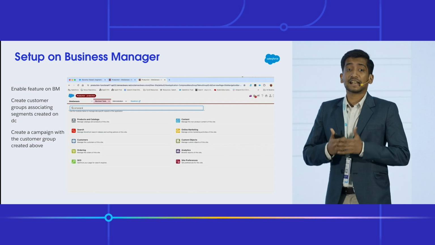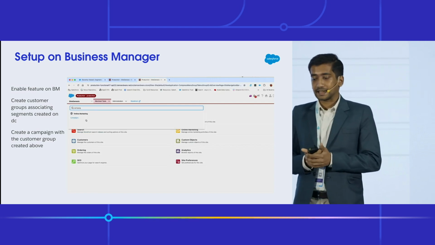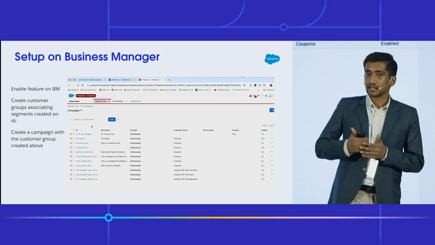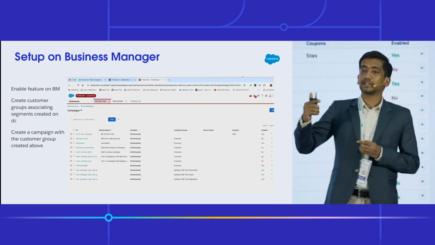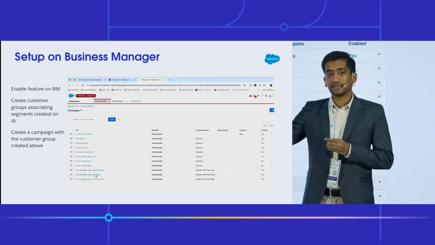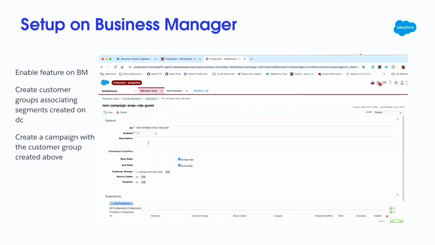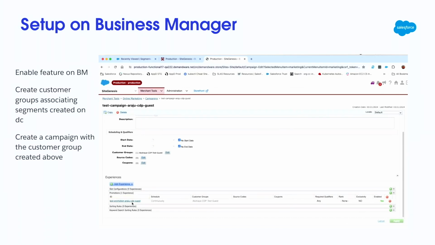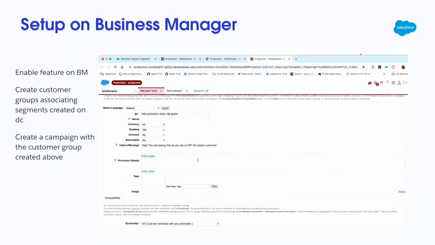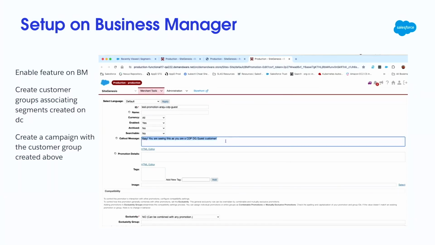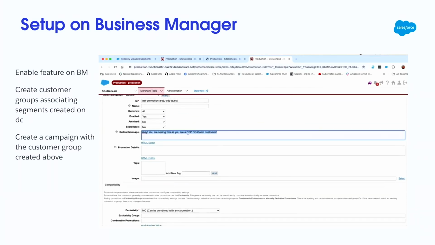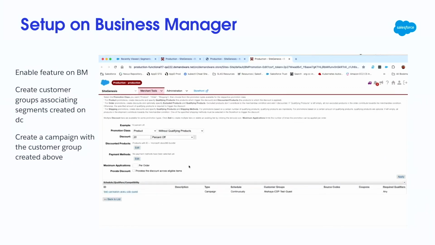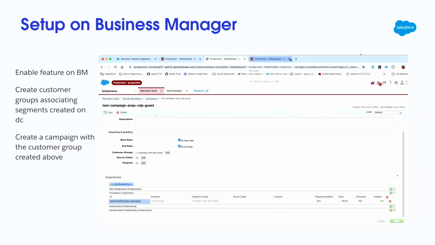What we do is we create a campaign. When we are creating a campaign, we will associate the campaign to the customer group that we had created, and we'll create a differentiated experience for different users. So the first one that you're seeing on the screen right now is a campaign that is created for my guest users, where I have associated the customer group of guests, and I have created a promotion. This promotion is specific if you are a guest customer onto the storefront. Now, what I am doing in this offer is giving a 20% product discount on Xbox.